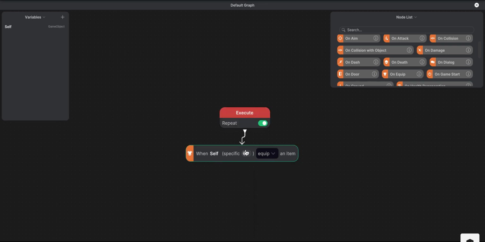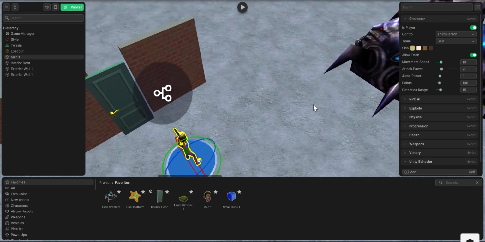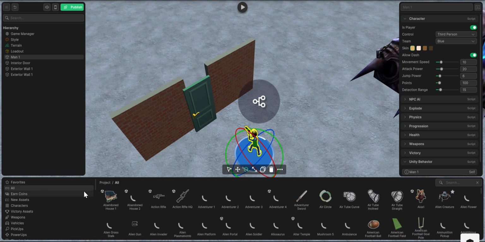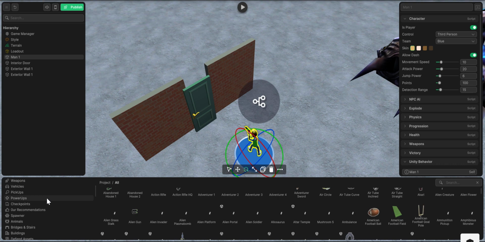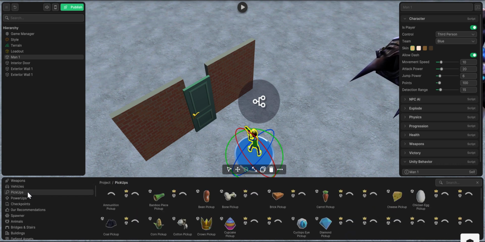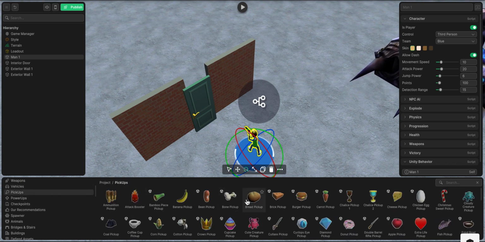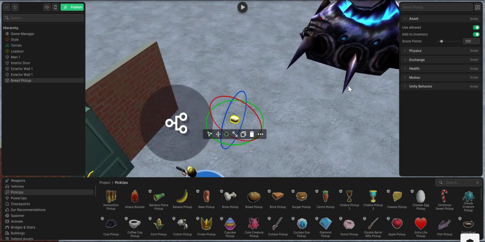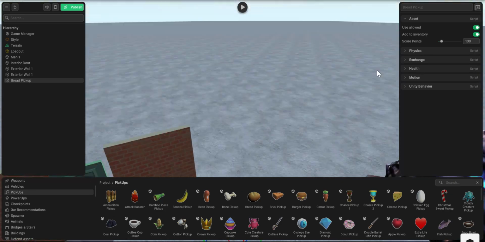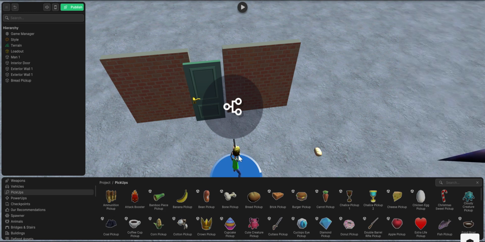Let's say when self specific equips an item. So let's say you want your character to equip any sort of consumable. You could go over here to pickups, and let's say you want this bread. Once you equip this bread, or use it,